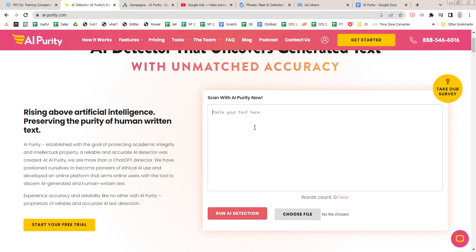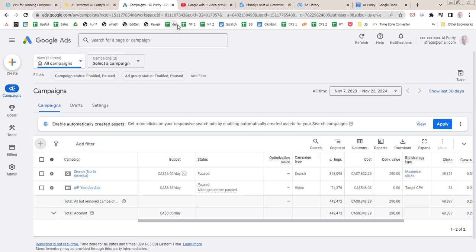Not only what do we detect, but what are the other services detecting, one of which your teacher is probably using. So I'm going to continue this audit just with the assumption that this is targeting students, not teachers. All right, so let's see. I mentioned you have a search campaign and you have a video campaign. I filtered these, but again, there's nothing missing. The others are deleted or minor, irrelevant stuff.